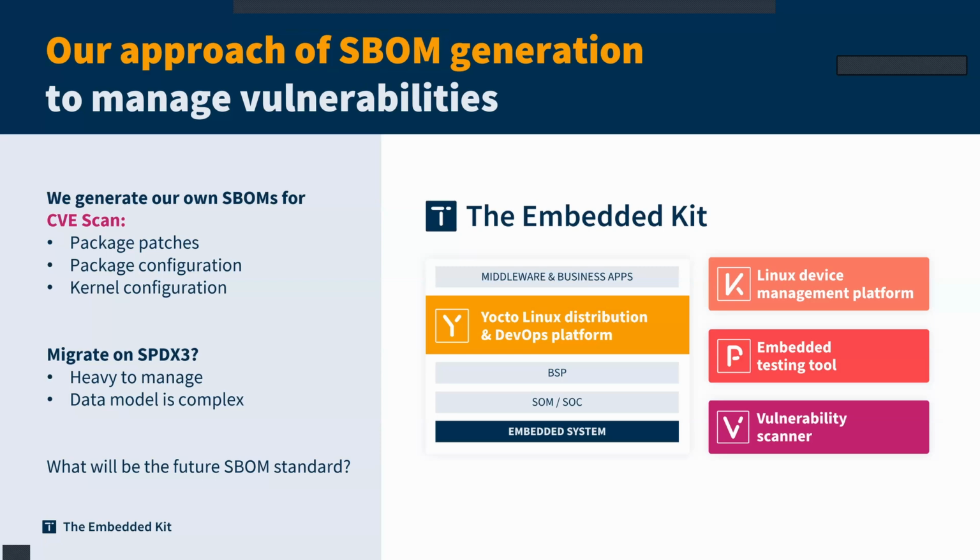One big issue with SPDX 3, and that's maybe just a personal point of view, is the size of the generated file. A compressed SPDX 3 out of the box for a standard distro on Styhead is about 250 megabytes in a compressed format and about 2 gigabytes in a non-compressed format. That makes a lot of questions about how I will manage the history of this bill of material, because when you are doing a new release, you are generating a new bill of material, you will have to archive this